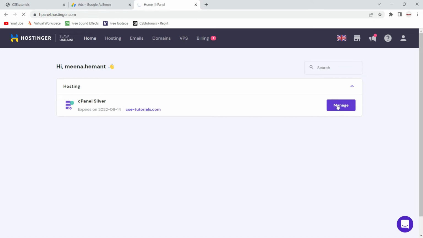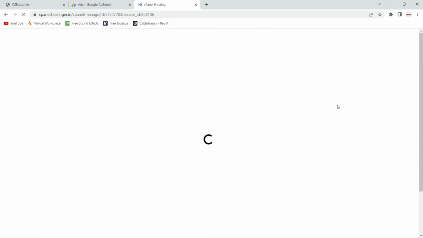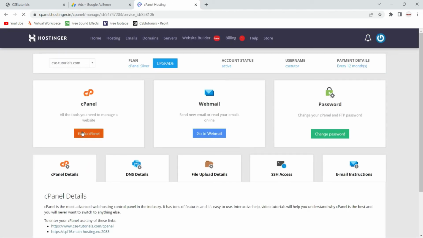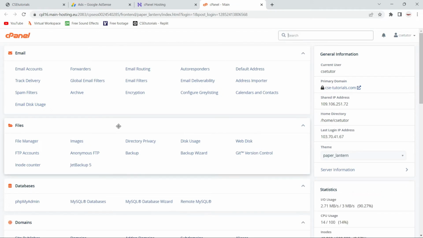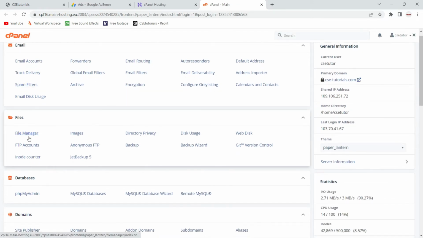Basically I will go to the cPanel of my hosting. So just go to cPanel. It might be you are using any other hosting services, so it's the same for all. Basically you have to access your website's web pages, that's it. So I will go to file manager, which means I will go to the files of my website, and now I will edit the code of my web pages. I will put the ads code on my web pages.